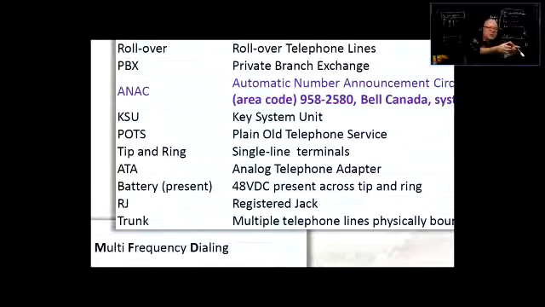And the paging interfaces are made in such a way that they're going to sense the ringing of the telephone line. They are programmed to pick up the phone and send you a confirmation tone in the form of a beep or a series of beeps, which means that's your turn